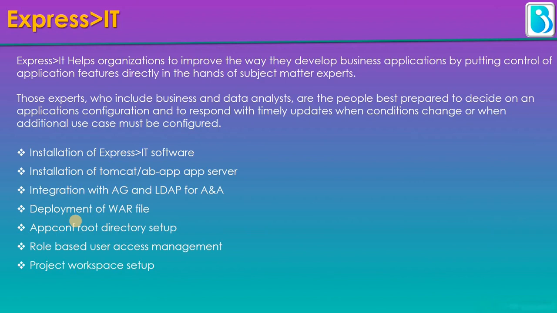So AG is the tool provided by Ab Initio, which is nothing but Authorization Gateway. By using this tool, we can integrate all the Ab Initio browser-based tools like Express>It, Control Center, Metadata Hub, Query>It, and TRW. All these tools can be integrated with Authorization Gateway for authentication and authorization for users.